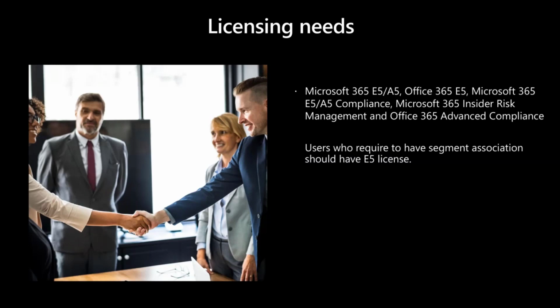Also, the requirement is that the users that you are trying to protect with information barrier need to have E5 licenses. In short, if you have a need to protect your investment bankers and advisories in your tenant and you want to have a policy between them, you would need to define segments, investment banking and advisory, and you need to make sure that all your investment banker users as well as all your advisory users need to have the E5 licenses.